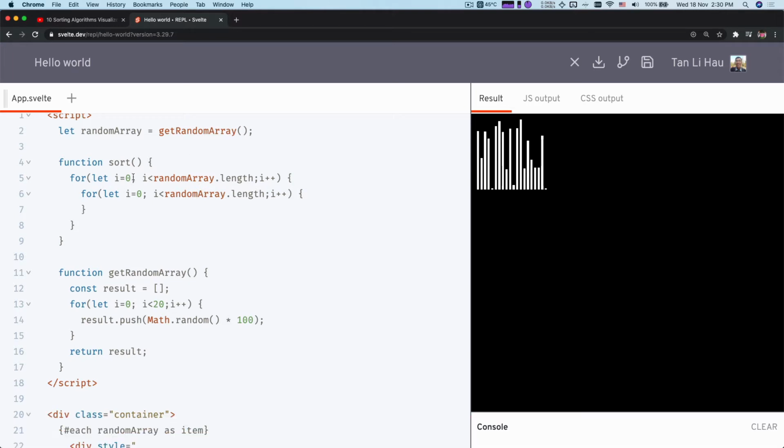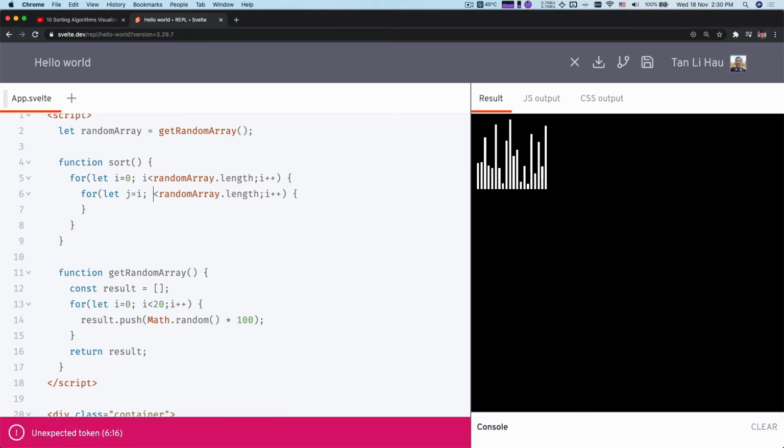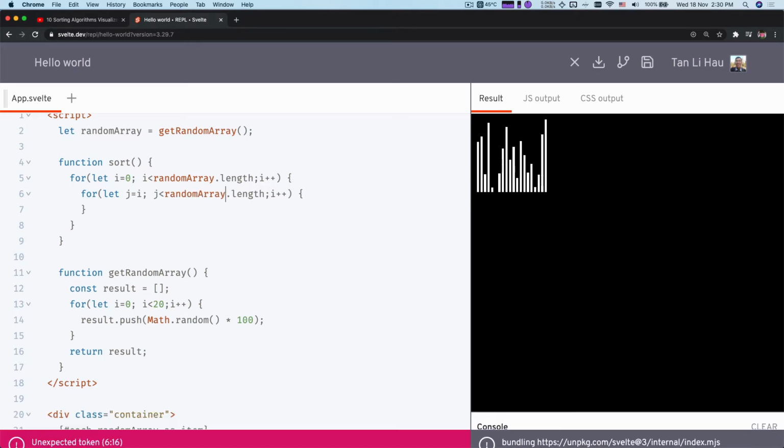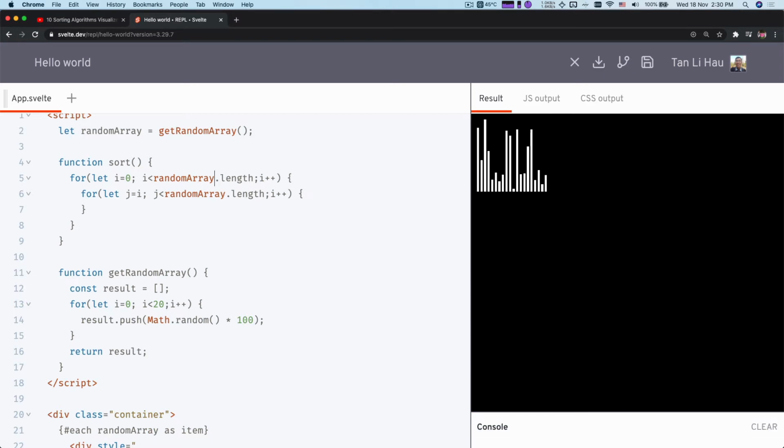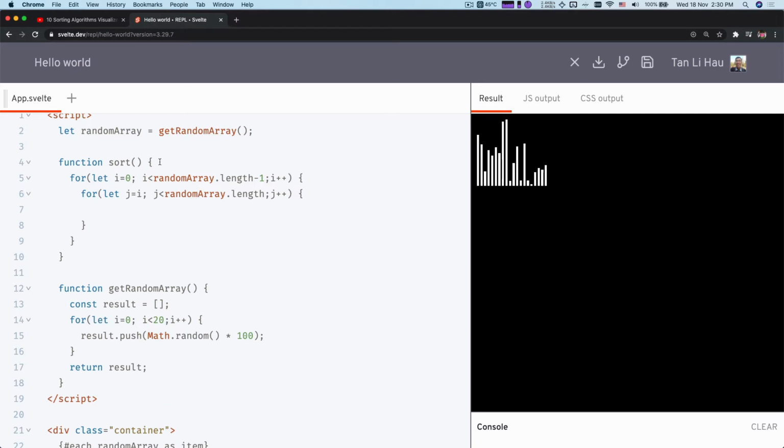So I have i, and I have j starting from i all the way to the end minus 1. I'm going to loop through the ith position and also loop through the jth position from i onwards and try to find an element that is